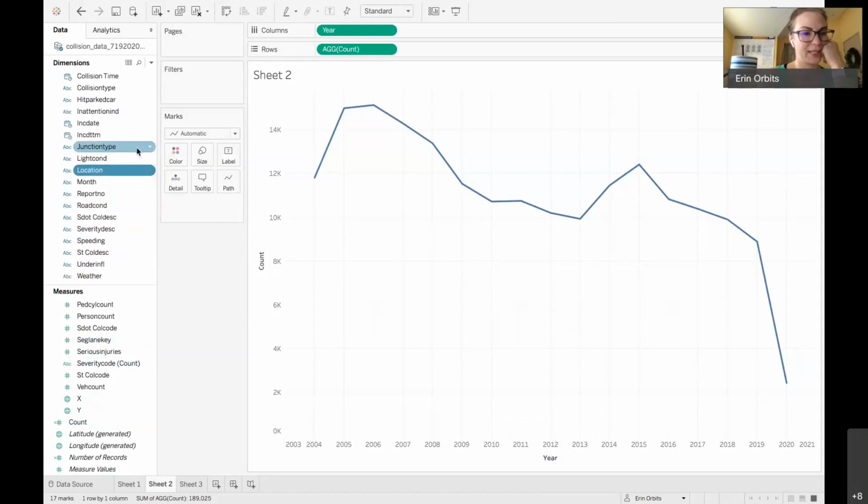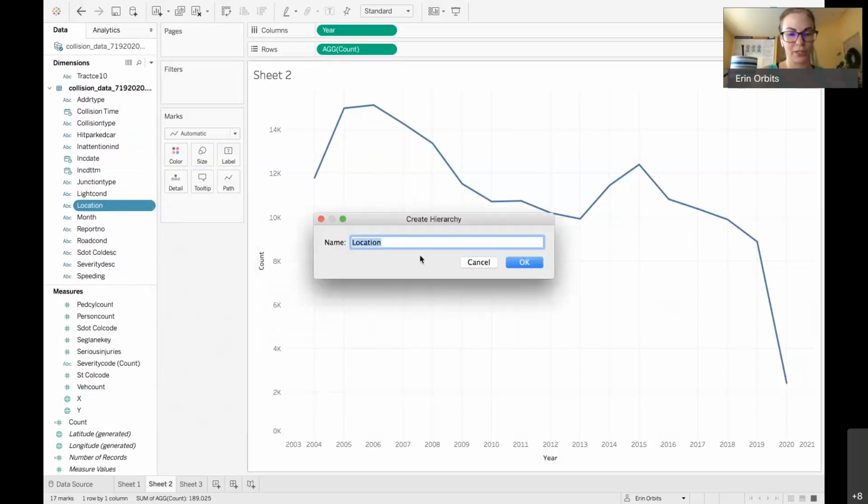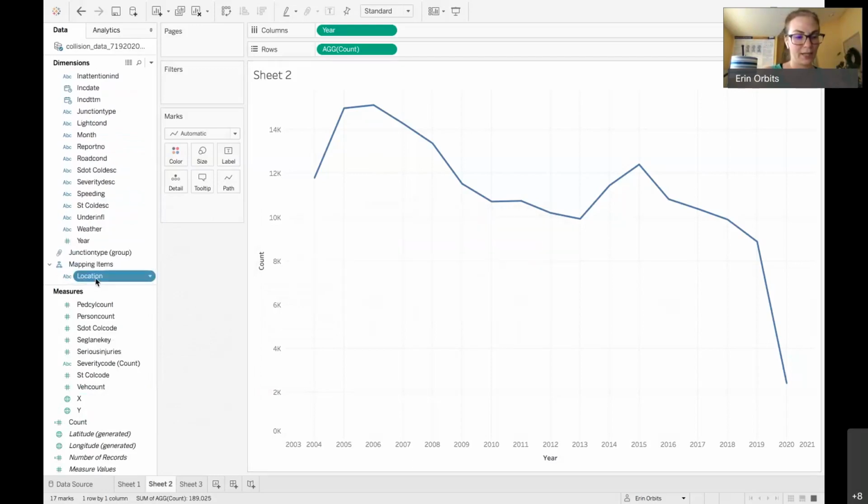Let's pretend, where's the location one? Right there where it's highlighted. So you can create, oh, it won't even let me do it. Oh, there it is, hierarchy. It wouldn't because it's not geolocation data. So you can call it something like mapping items or something fancier. And it automatically creates,